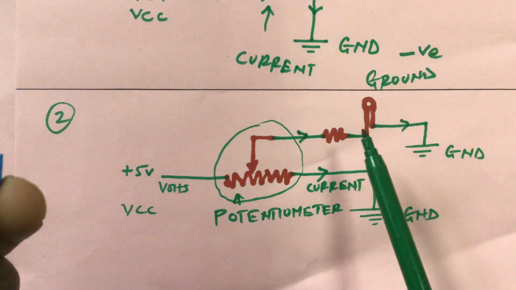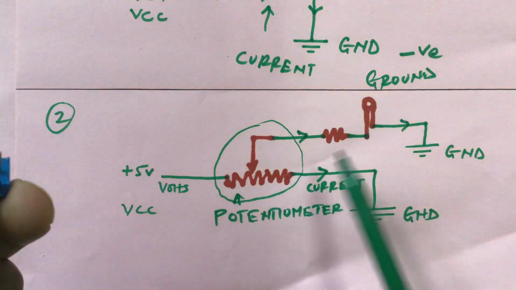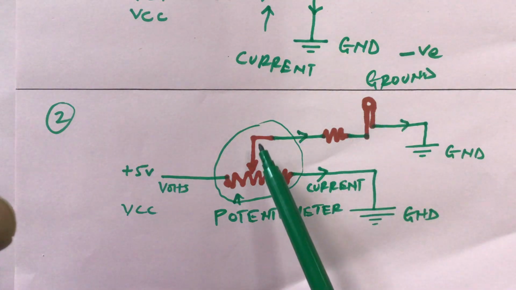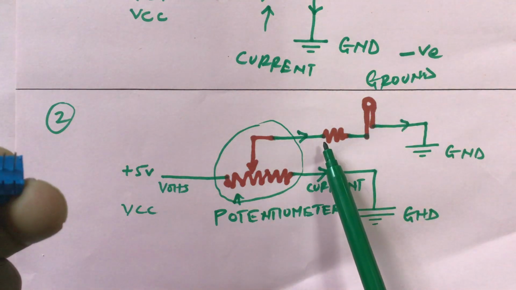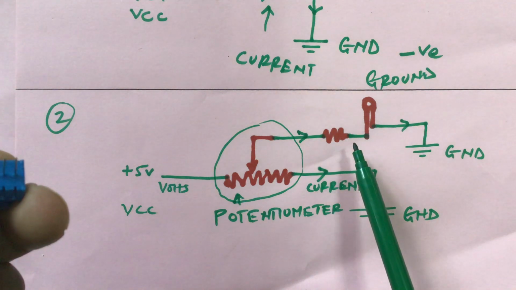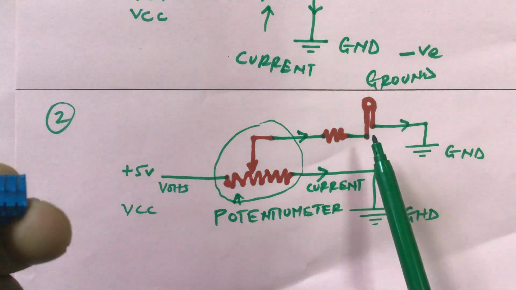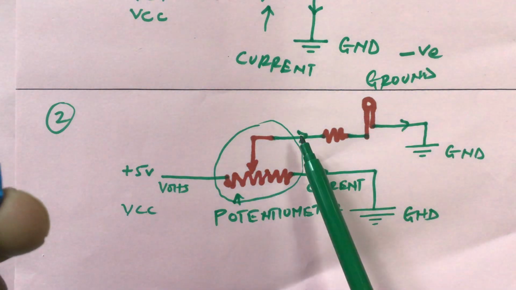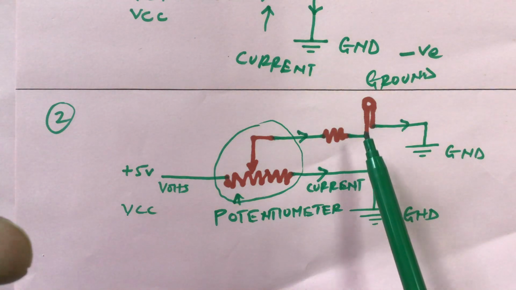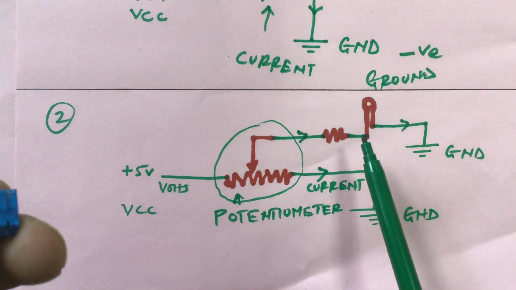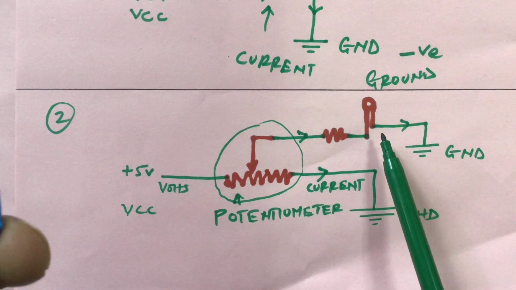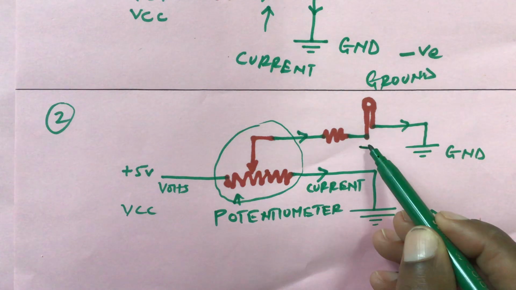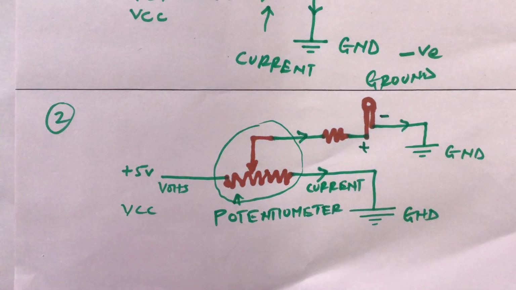So with this one, the more current we give it, the more we open our tap, the brighter we get our LED. And as we told you earlier, it's always good practice to have a resistor just before or after the LED. And the power will always be coming from the long side of your LED. The long side is normally connected to the positive, and the shorter side is normally connected to the ground or the negative side. So always note that as something very important.